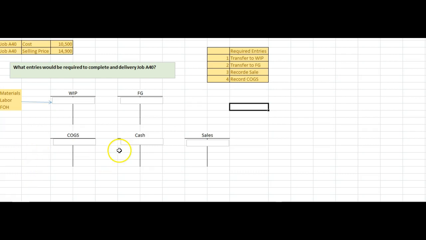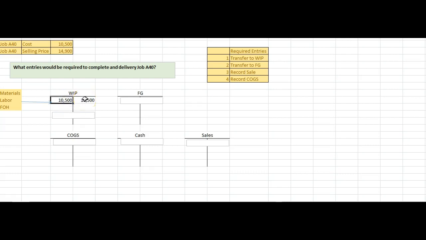We're going to be dealing with work in process, finished goods. We're going to record a sale, and we're going to look at cost of goods sold. And this job costs $10,500, and it has a selling price of $14,900, and it's been sold and delivered. And they want to know what is the flow of this product through these particular accounts. Well, if you know it costs $10,500, you absolutely know it was in work in process to begin with,